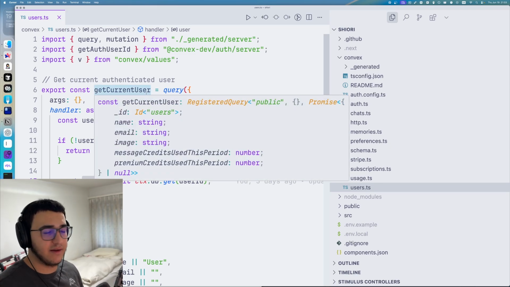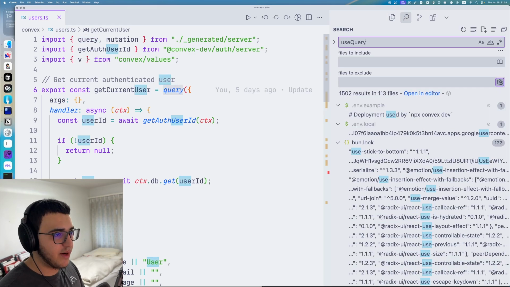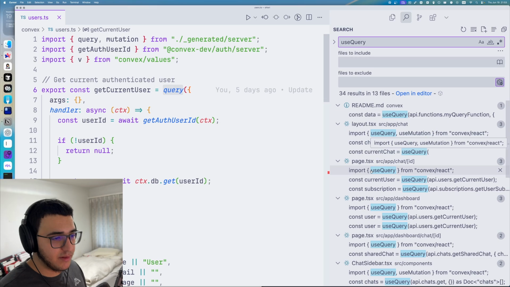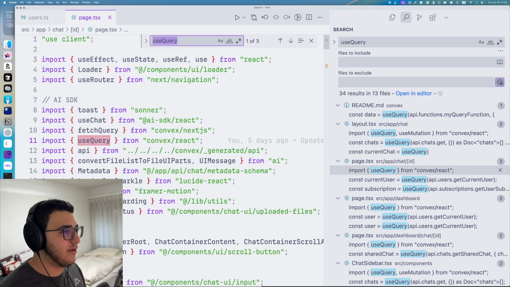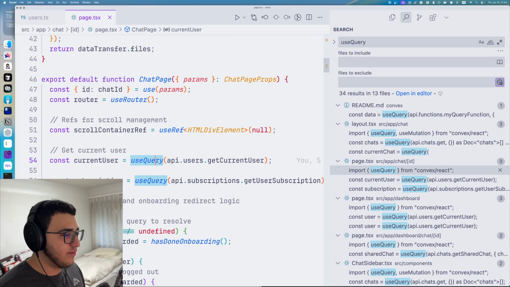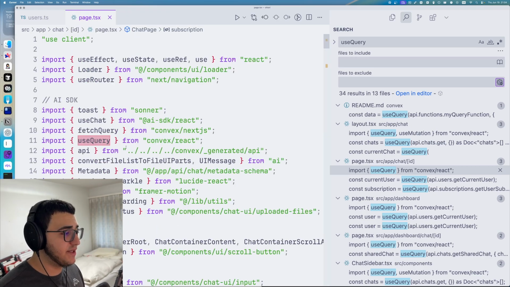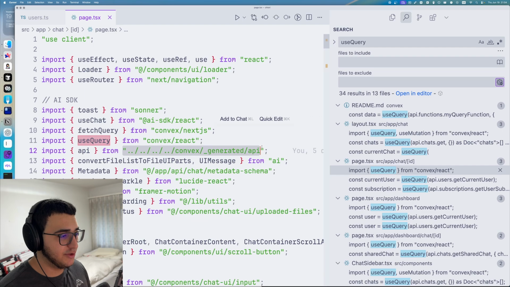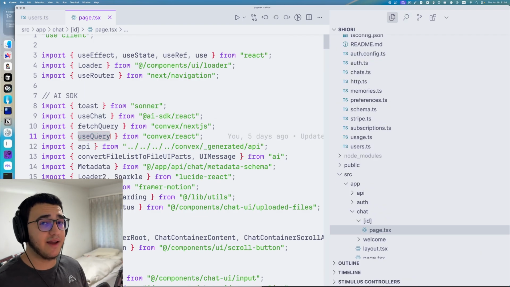So to fetch data, you use queries most of the time. And to call these queries from the front end, use a hook called useQuery, which is used, for example, in the chat page. And if you have a look at where it's called, we call the current user by saying api.users.getCurrentUser, and if you have a look at where that's imported from, we can actually see this is imported from the generated folder. And the reason that you need to use useQuery is because Convex is a real-time reactive database,